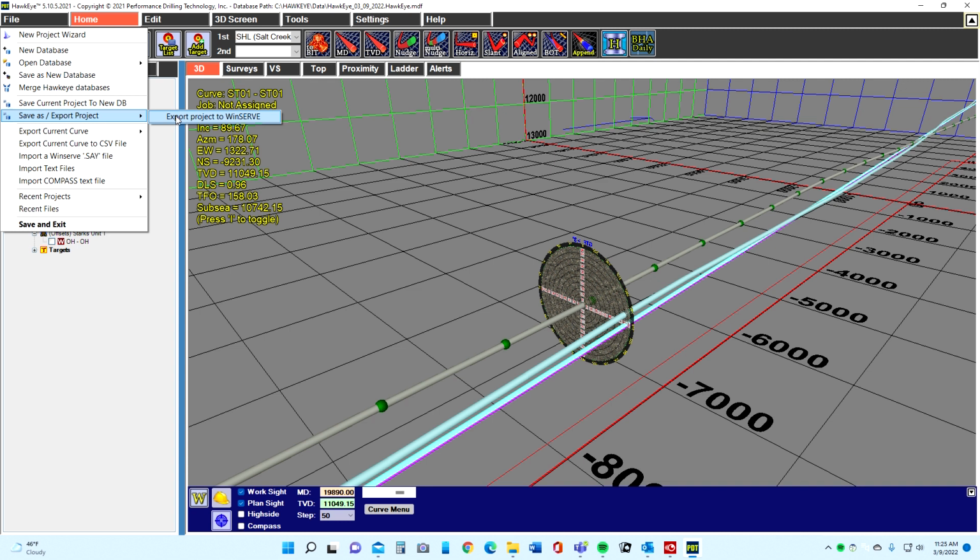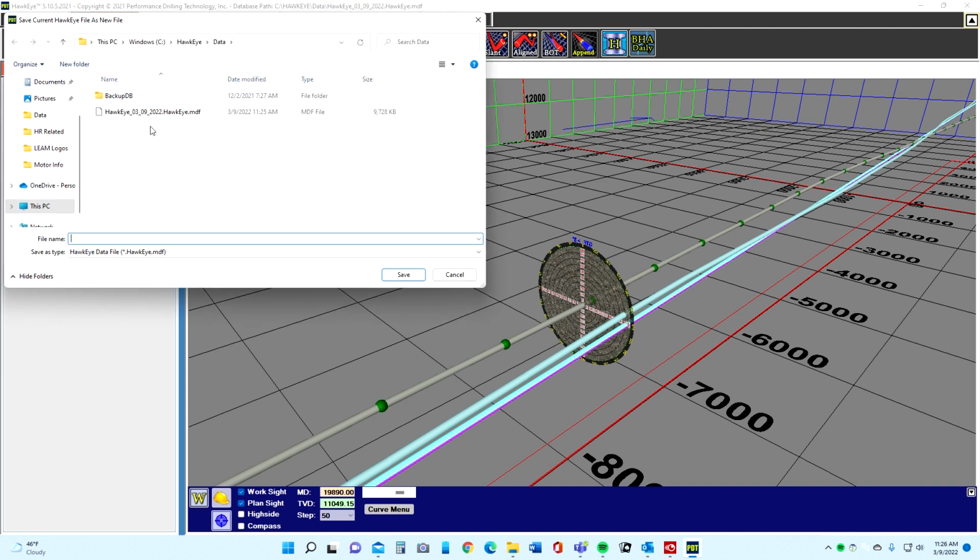If you're going to WinServe, you can export this. This will not work for the dailies. This will only work for the WinServe survey program. We can save the current project, which is everything we're working on, or we can save this as a completely new database. And it's going to give it the extension .hawkeye.mdf, so you don't want to include that in a name. But let's just say, for instance, our job number is